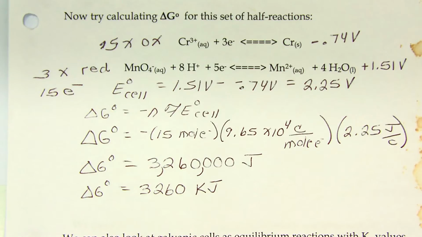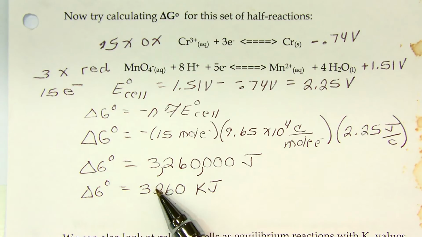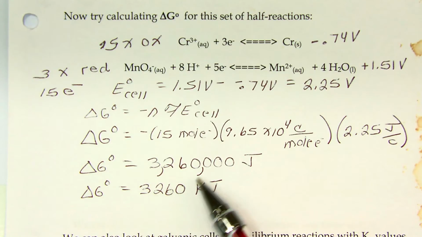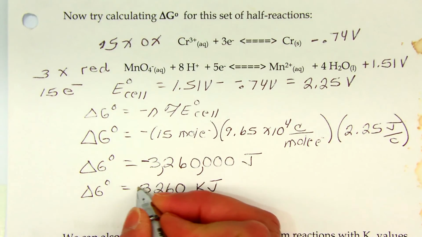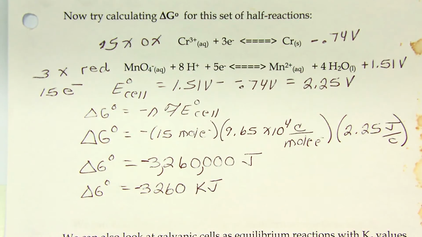Let's look at this one. Did you all get the same answer I did? It is negative. It is negative. Negative 3,260 kilojoules, or negative 3,260,000 joules. When you look at this, we look at the two half reactions, and the first thing you identify